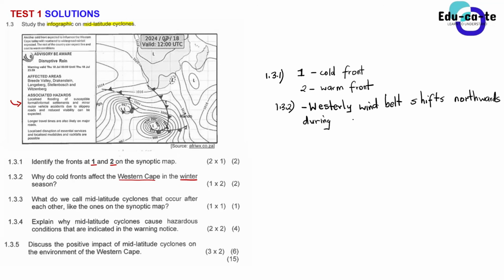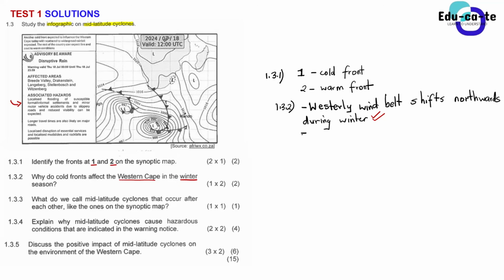So, is it wrong if I added the fact that there is an abundance of cold air? Where is the cold air coming from? My reasoning was it's winter, so naturally the temperature is cold. Well, it's not really cold air that causes the mid-latitude cyclone. That's the thing. We are not expected to say that it is the one that causes the mid-latitude cyclone to move towards the Western Cape.